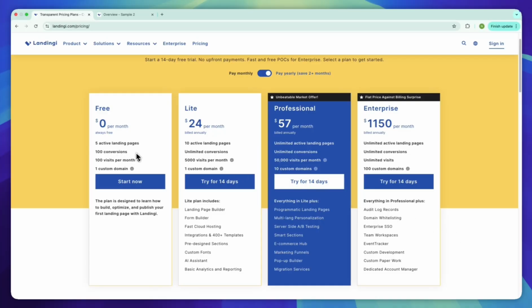So based on what you see on my screen, the free plan is $0 per month, and it includes 5 active landing pages, 100 conversions, 100 visits per month, and 1 custom domain. So this is great for learning and testing. The light plan shows $24 per month when billed annually and includes 10 active landing pages plus the landing page builder, form builder, fast cloud hosting, integrations with 400 plus templates, pre-designed sections, custom fonts, an AI assistant, and